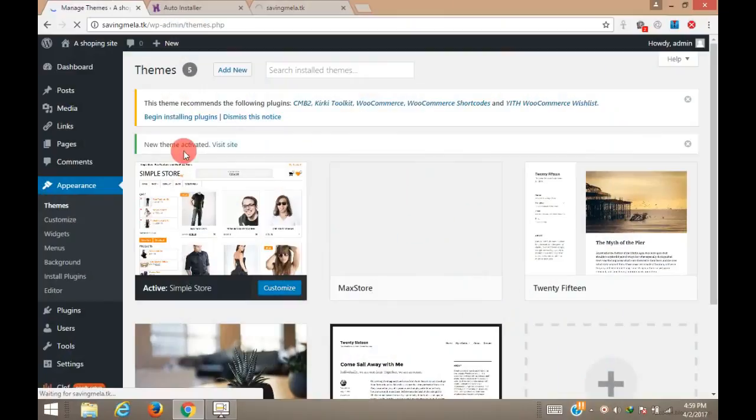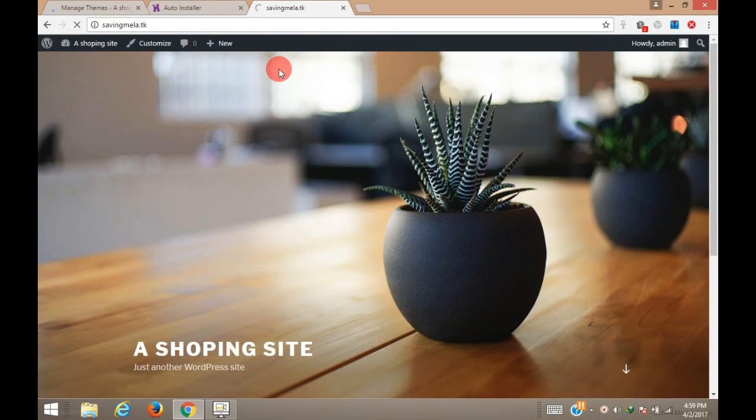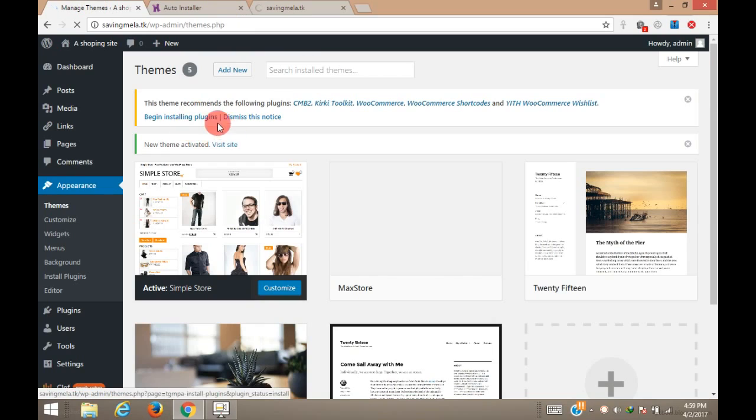So just wait, it's activated. So now we can see here a default hello world page of WordPress. Here you can see it's telling me about installing custom plugins, about WooCommerce shortcodes and